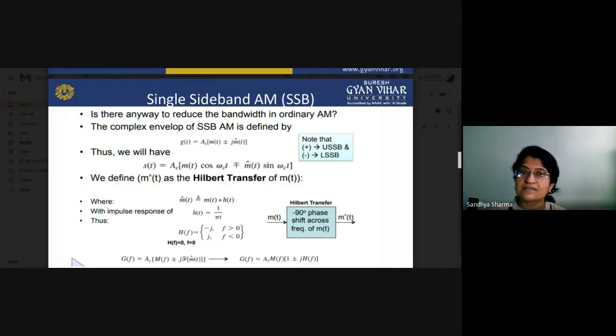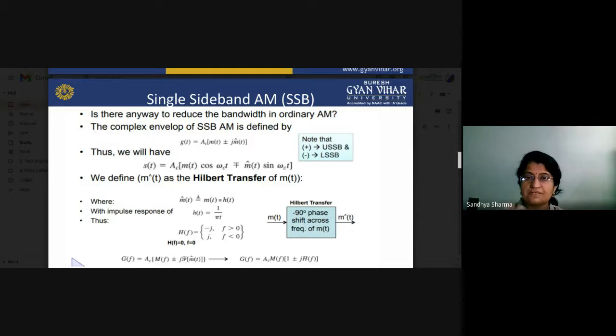Now what about single sideband AM transmission? It is slightly different: you reduce one sideband, because single sideband means you are using only one sideband for transmission of the signal. Our complete information is stored in both sidebands, so the same information is contained in the SSB. What type of SSB? LSB and USB. The same information in the LSB is contained in the USB, so there is no need to transmit both sidebands. A single sideband can carry sufficient information from one place to another.